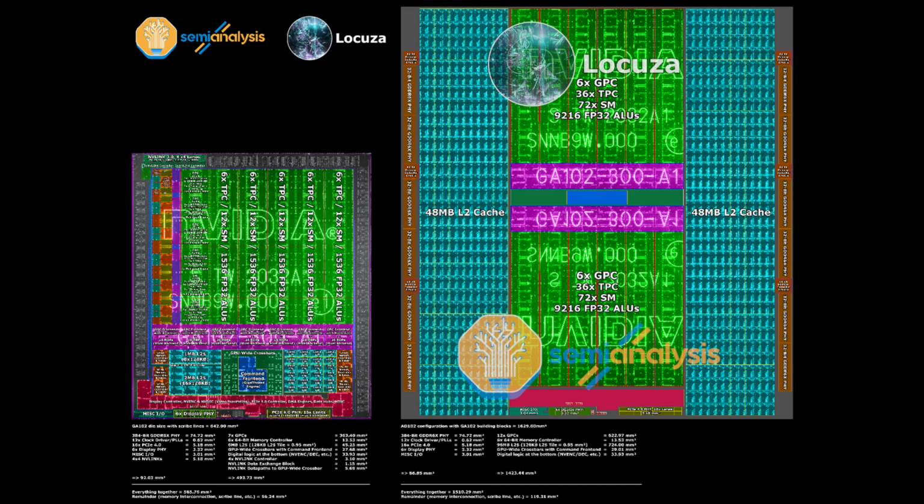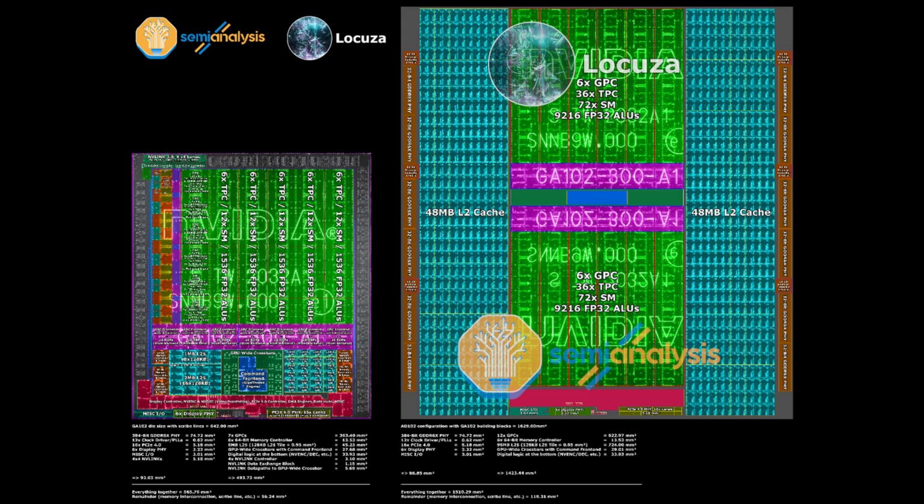The biggest change with Ada is, of course, the L2 cache, at least from an area perspective. Instead of the small L2 cache, NVIDIA's taken a page out of AMD's Infinity Cache book and used a much larger cache across the board. Given we have most of the specifications, architectural changes, and configurations for the lineup, we can actually use Ampere's GA102 IP blocks to recreate a hypothetical GPU with the same specifications as AD102 on Samsung's 8nm. So this would be using the exact same cache sizes, GPC sizes, memory controller sizes, etc. as GA102. And we arrived at a die size of